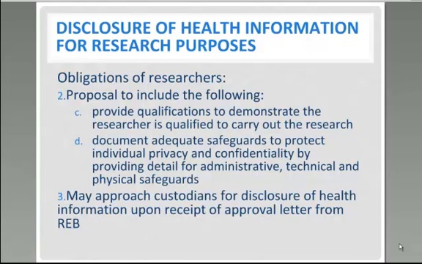So your researcher, you've gone to one of the 6 REBs in Alberta, and you've included in your proposal all the criteria under the Act, and once you get your REB approval letter, you may go to the custodian and request the information. So after you do that, number 4, as a researcher in your process, you submit your letter to the custodian and you include a written application for disclosure.